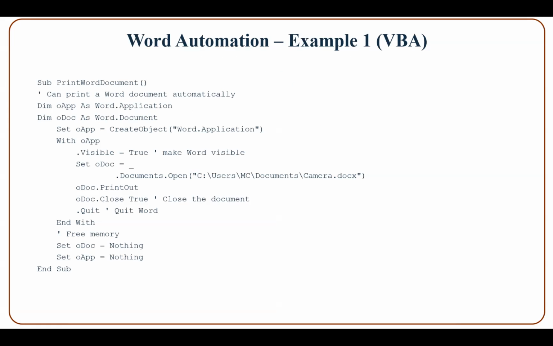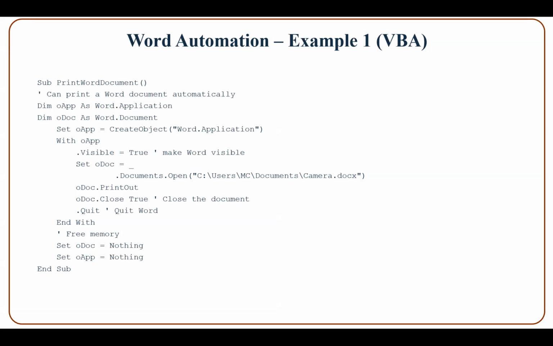You declare a Word application object variable as well as a Word document object variable. In order to create an instance of Word application, you use the syntax CreateObject with the string Word.Application,